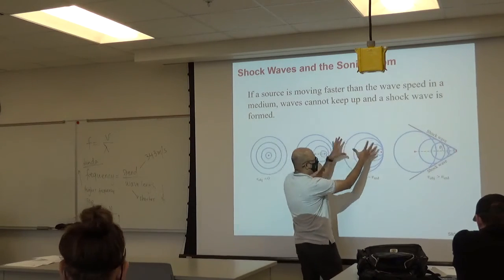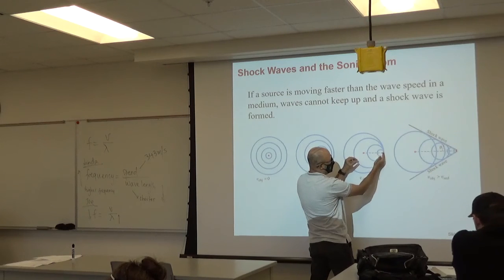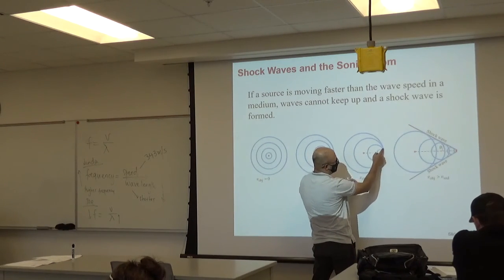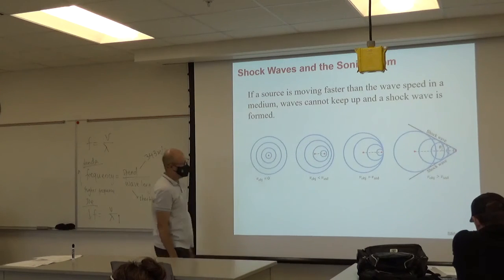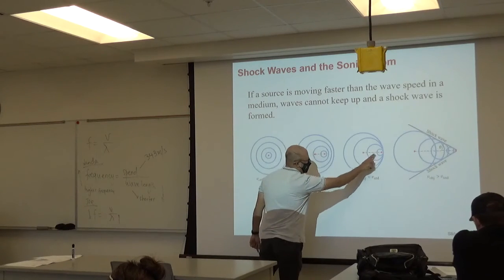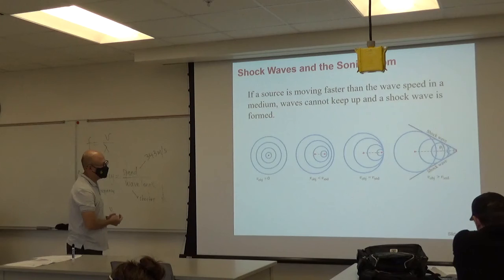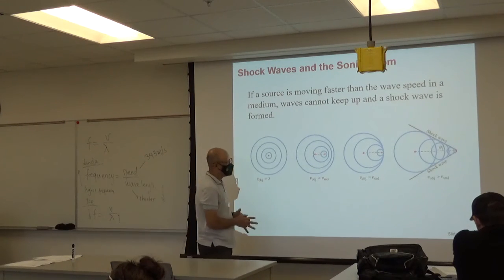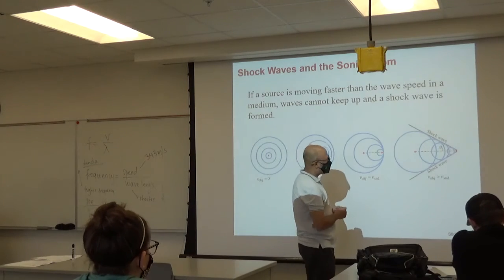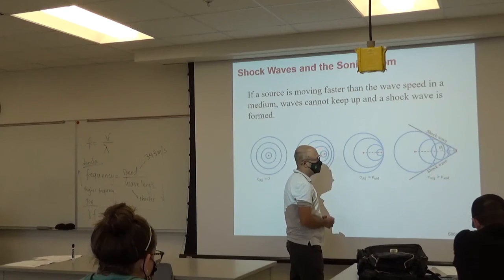Because it produces one wave, while the wave is traveling, it's also traveling at the same speed, so it catches up at this point, and then the next wave also catches up here. So they all meet on the left side. So this is the case when the spreading of the wave and the speed of the source travel at the same speed. Now when the source travels much faster than the wave,